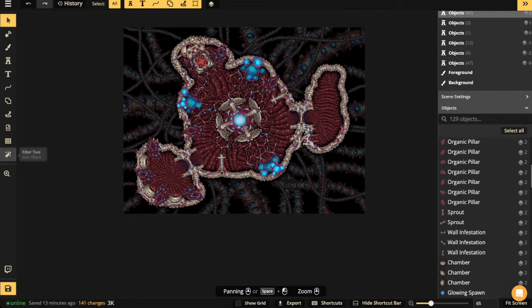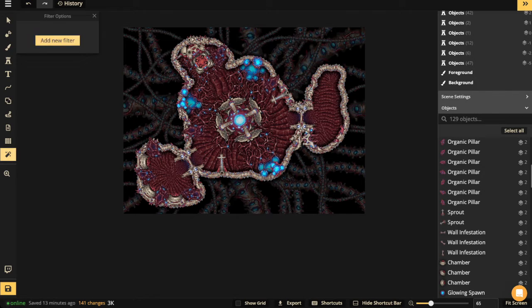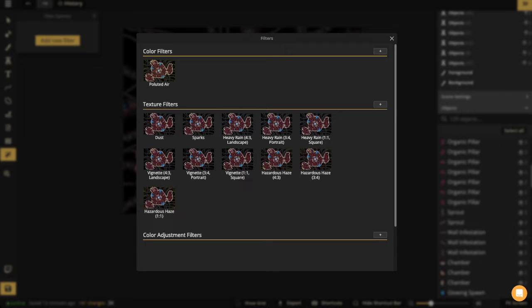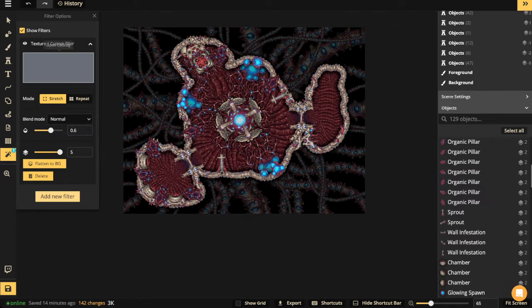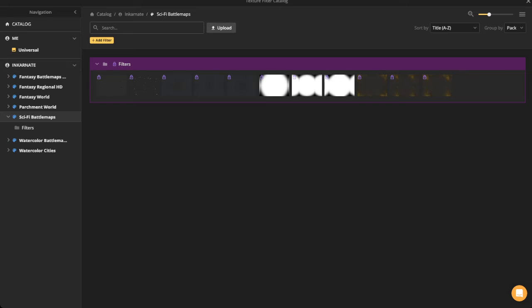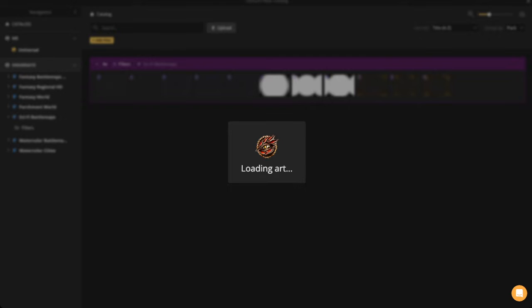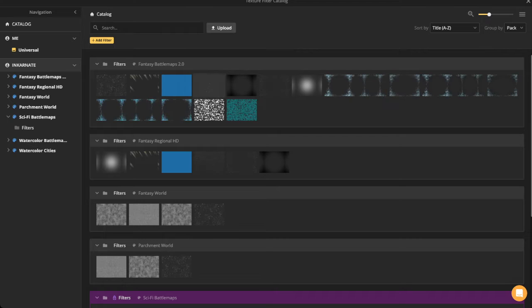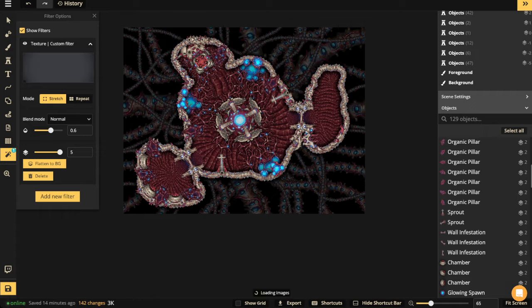So let's go ahead and throw down some filters to help make some of those tubes or tendrils or roots underneath go away. What I'll do is click the plus button with the textures, and you'll see that there are some textures in here with sci-fi, but I want to use a particular one. I'm going to end up using the silhouette or the vignette here,